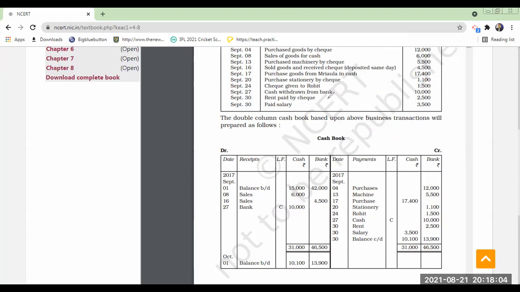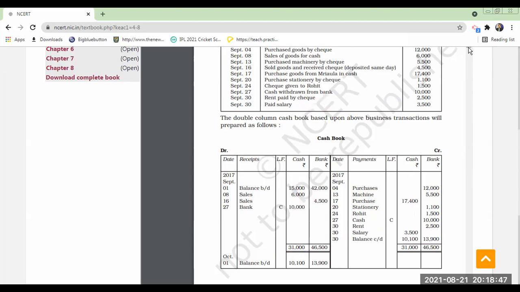Okay. Now come to rent by check. You know the bank balance will reduce. Rent you will mention in the bank column. Paid salary 3,500, it is not by check, so by cash only. So salary you will mention in the cash column. You are going to balance it out. I always mention the cash book is always a debit balance, meaning the debit side only will be more. So in the bank also you can observe the debit side only is more. That is why both are debit balances. Did you understand? Yes, sir.